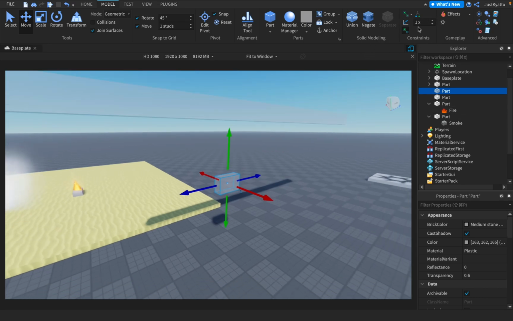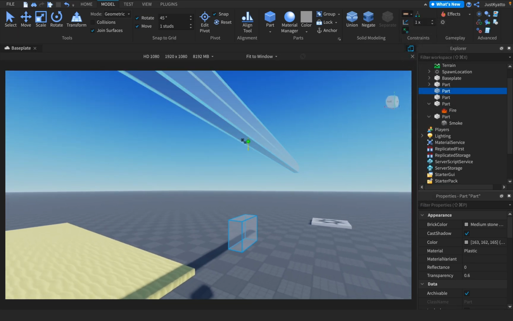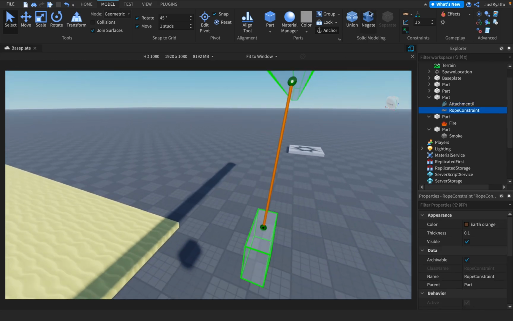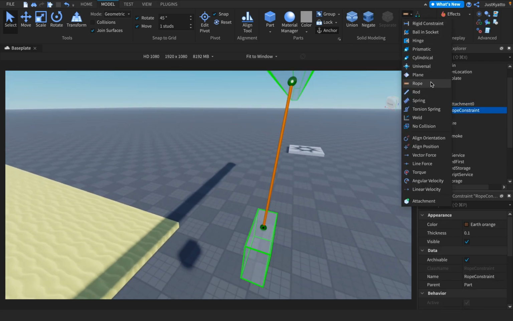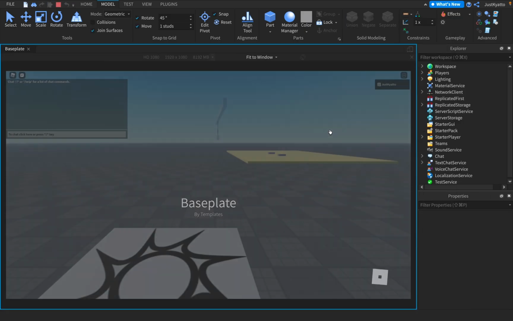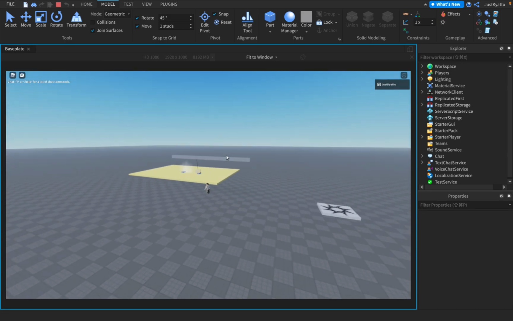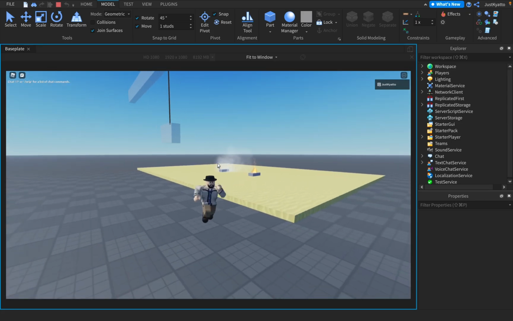I'm gonna make a constraint. So I'm gonna add a constraint here. I'm gonna add a rope from here to here. So you're just gonna click this drop down here. There are a bunch of other things, but right now I think the one that most people will use is either spring, rope, or hinge. Actually, yeah. We won't really use vector force, torque yet. Obviously, these are useful if you wanna play with Roblox's physics. Then go ahead. But yeah, here is the object. So the rope is dangling